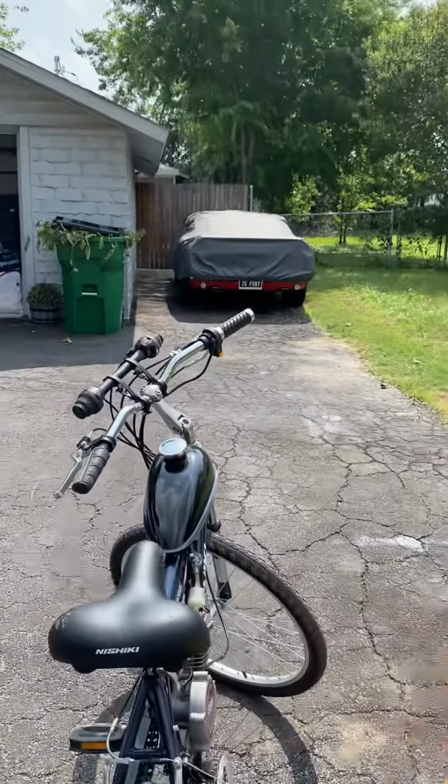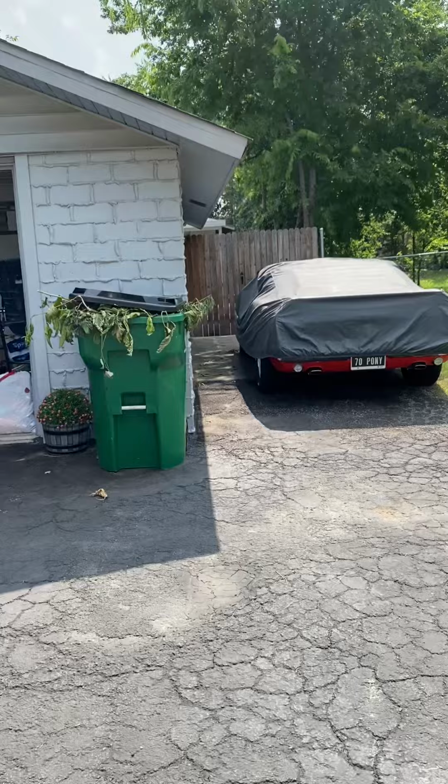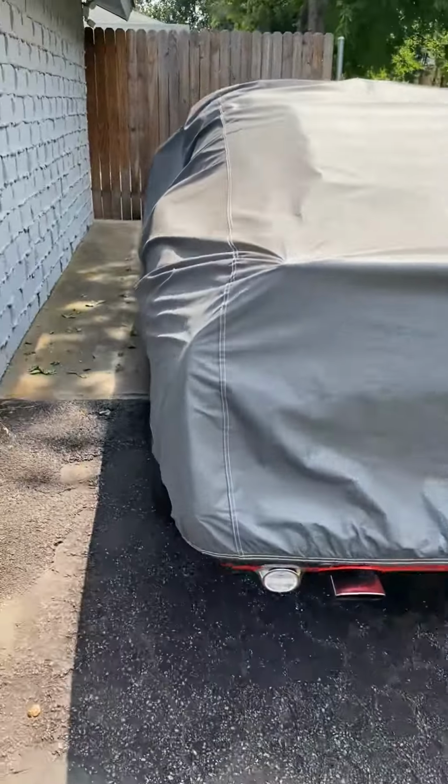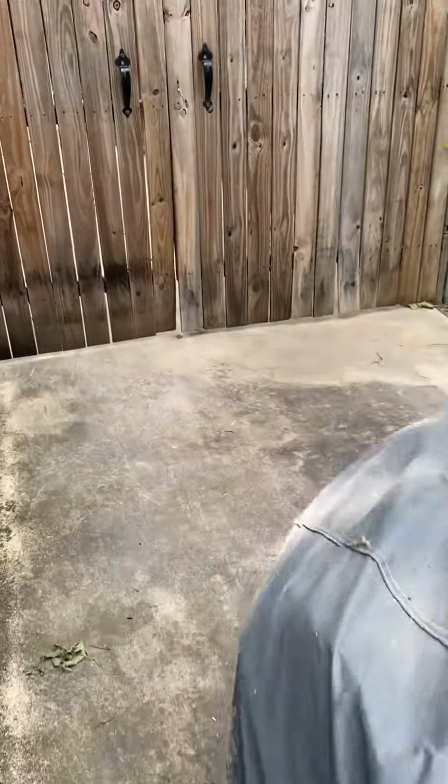I mean, I know what I'm doing on that '70 Pony. I don't know what that is. That's a '71 Mach 1. I restored it, and there wasn't anything there, so I've got about $40,000 in parts. And